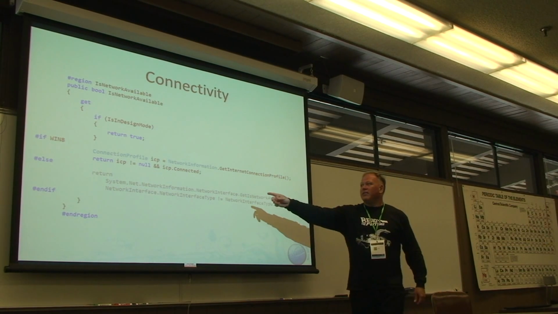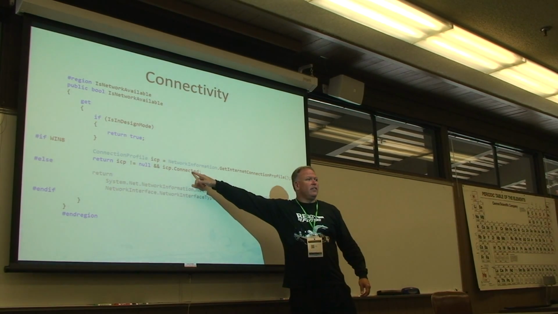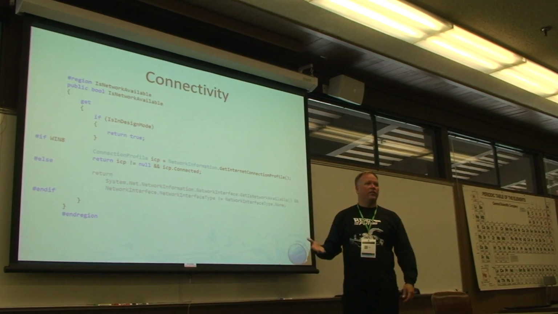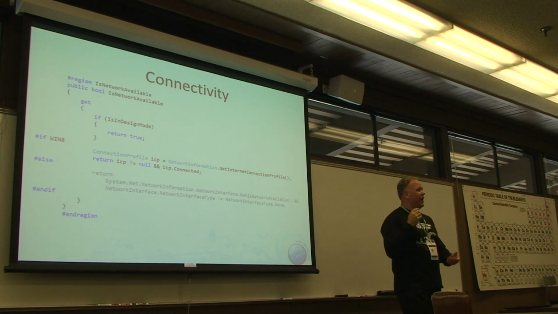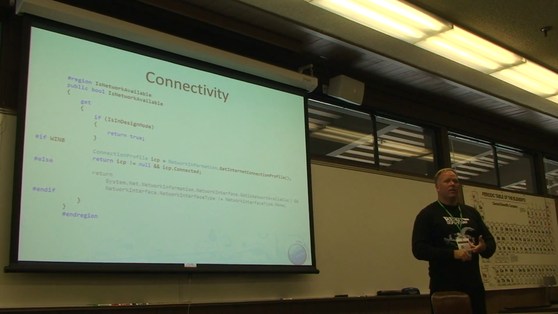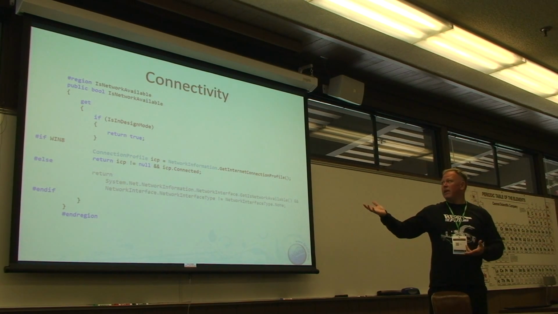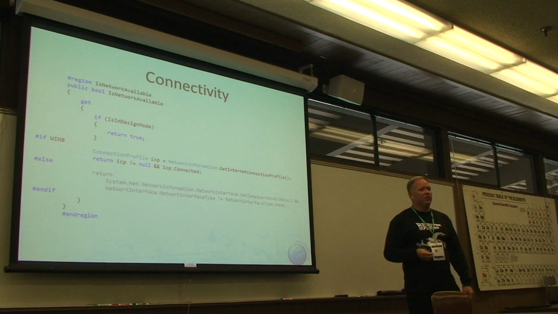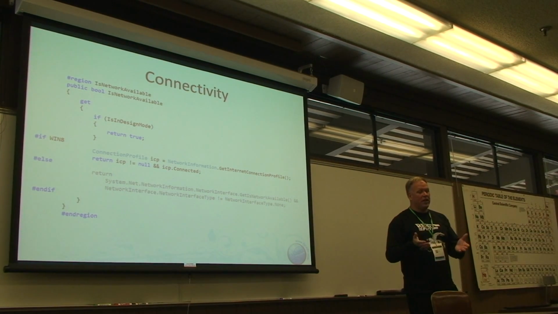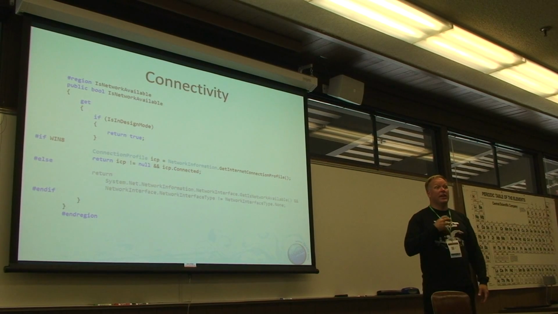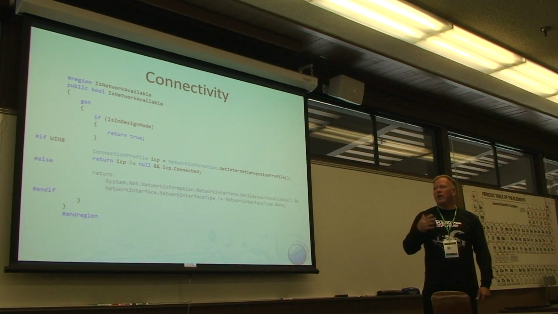And not only can I tell whether that particular profile is connected or not, I can also ask about the cost and the bandwidth. So I can say, how fast is this connection? Is it free? And you can make intelligent decisions in your application based on that. Okay, I'm on the free high bandwidth connection, I'm in the office. Okay, I'll download a bunch of data now. Or, I'm on